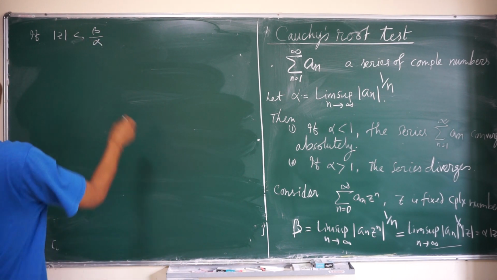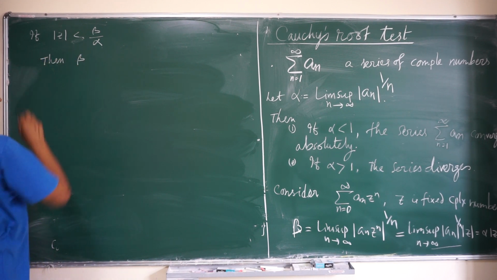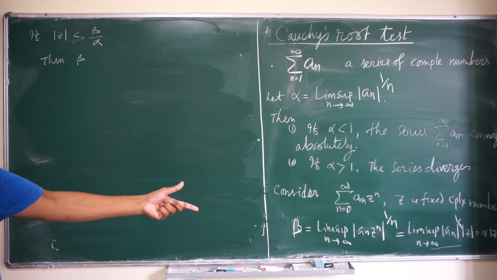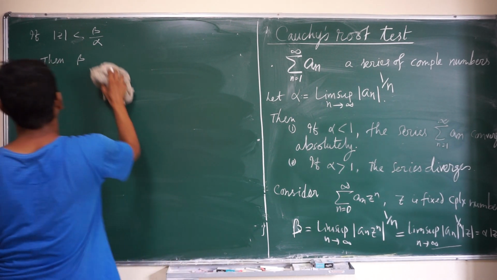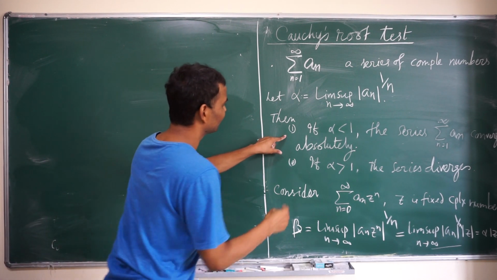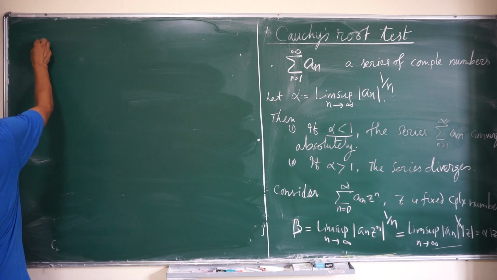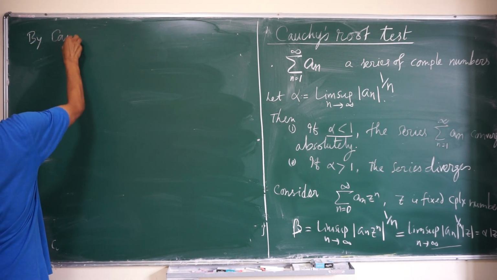So here, not this one, what we need is beta less than 1, right? So in this case, by Cauchy's root test,